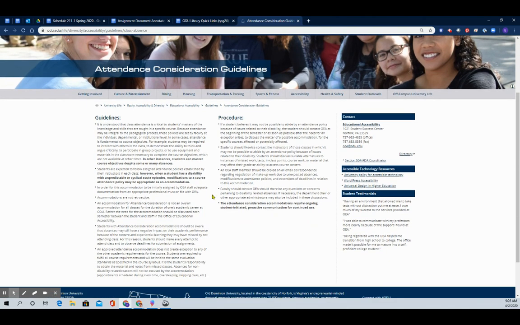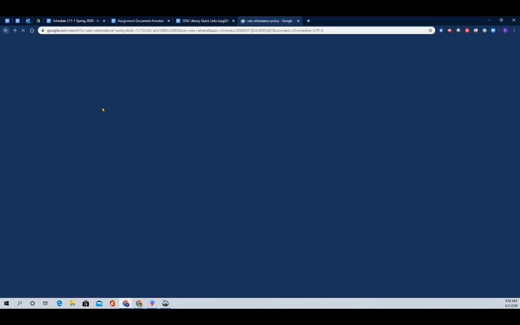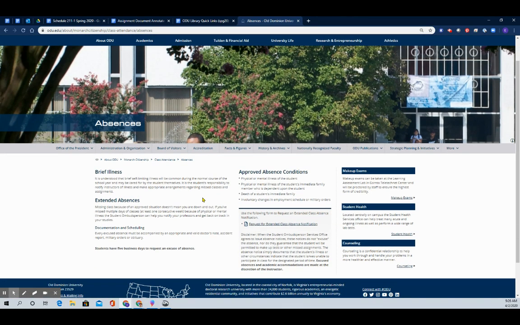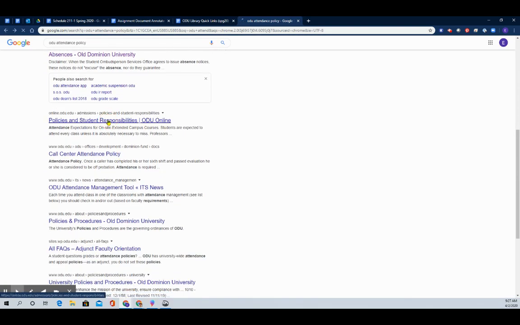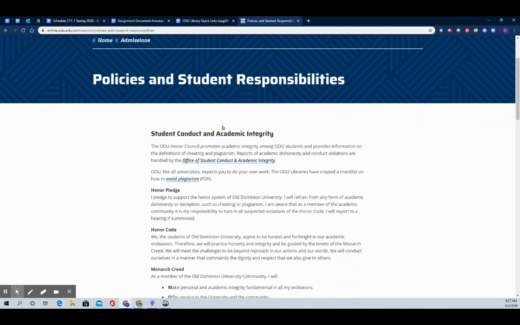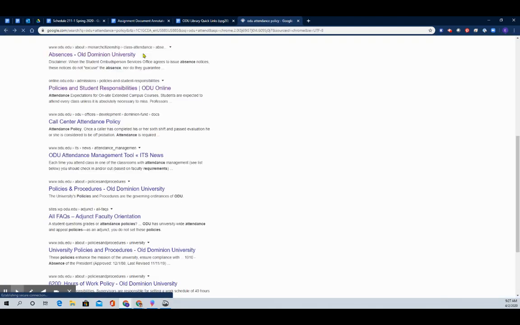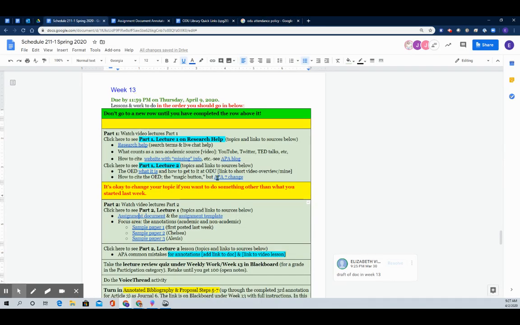And let's see, there's some guidelines on here. Yeah, these look pretty good. So let me go see what the other ones are. Absences. Oh yeah, this has to do with extended absences. So this might actually be useful. And then there's policies and student responsibilities. This is for the online classes. Well, this could be interesting for this semester, right? So all these are possible non-scholarly sources that would work really well if your topic had to do with ODU